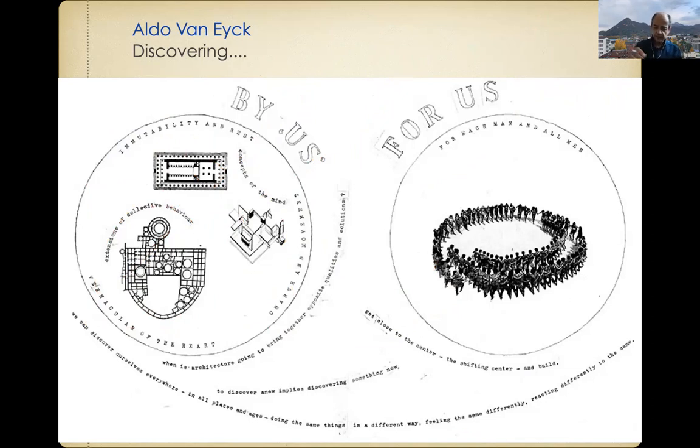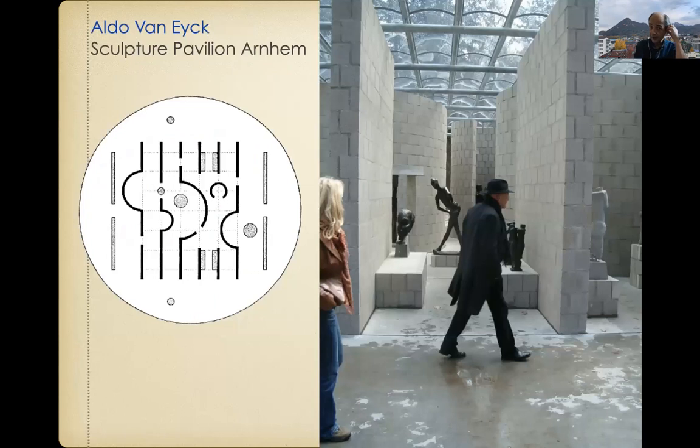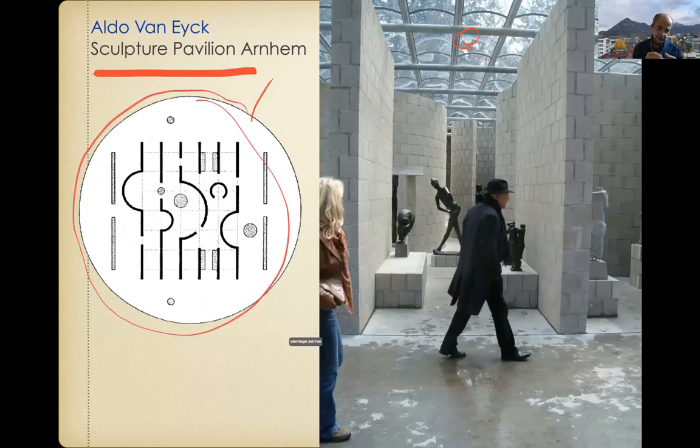So if you go to any of his projects, I will show some of them we comment on often. The sculpture pavilion is a very small masterpiece. It is open air, although it also has a ceiling. I don't know if the ceiling was originally there. This is a very recent restoration of the building. Probably it was totally open air. This is inside the park, so there's only one pavement border, which creates the limit. You don't even need an enclosure for it. And it's very simple. You have a grid, which happens only in the center, and on purpose the grid doesn't go to the exterior, so those walls suggest some continuity.